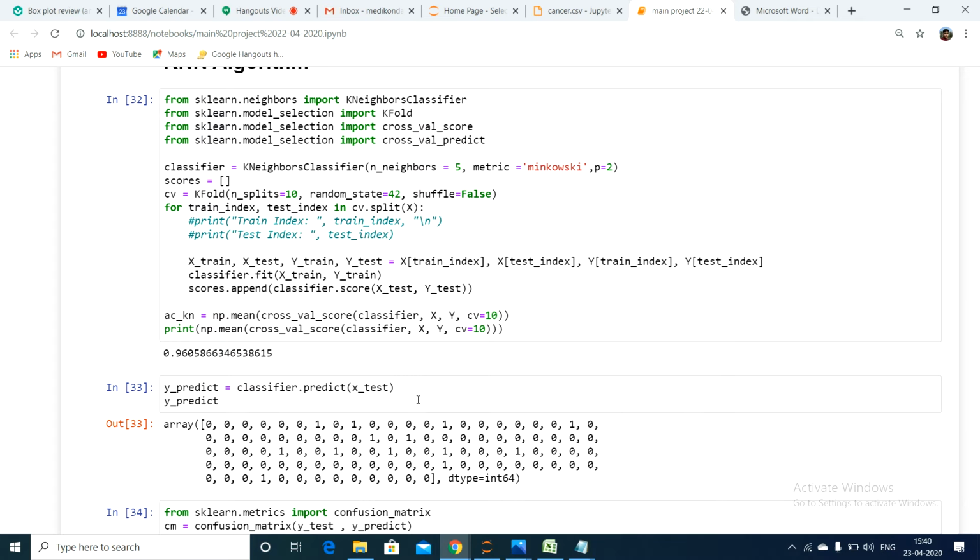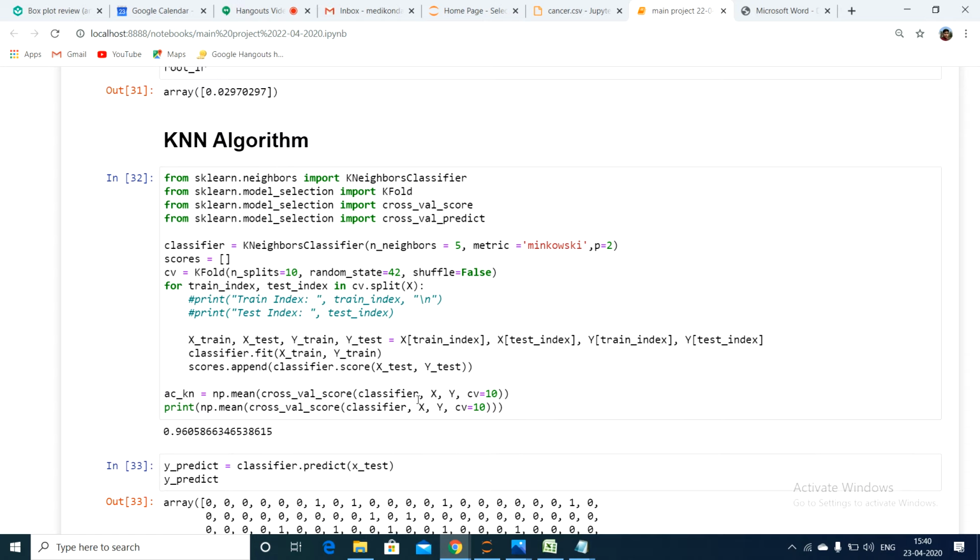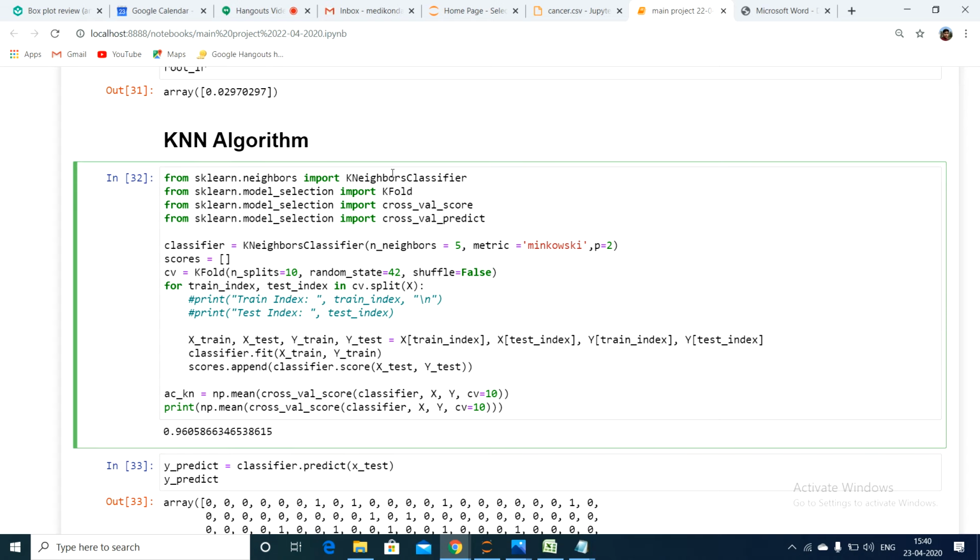This is not only the implementation for KNN. This implementation is similar for all kinds of classification algorithms. So we have imported KNeighborsClassifier. KNeighborsClassifier is the k neighbor algorithm that is present in Python. Here we are creating an instance. n_neighbors is the k value. Here, scores. This is the implementation.